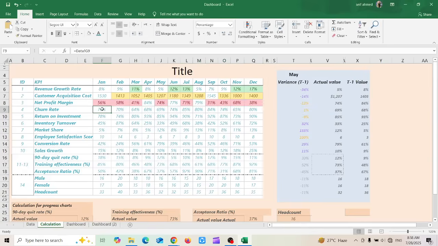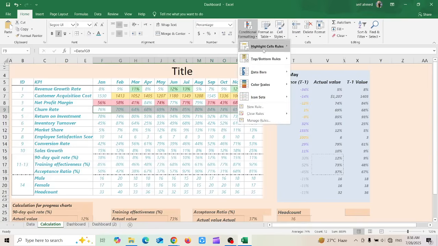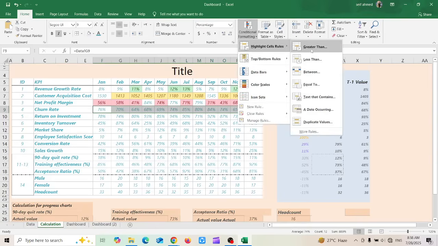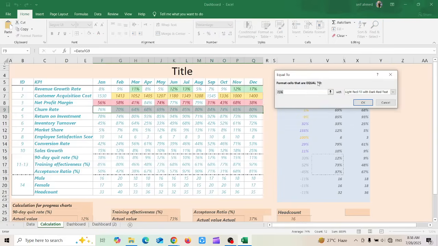Now moving to the churn rate, I can choose conditional formatting again, then choose highlight cell rules. I can choose only cells which are equal to a specific value. So if you are interested, for example, in values which are 80% specifically, you can write 80%